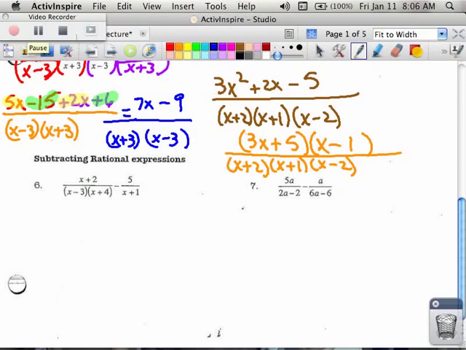So in these last two problems where you see subtraction, really the only thing that you have to do to make sure you're going to do well is wherever you see a minus sign, change it. So I see a minus sign between the two fractions. I'm going to change it to